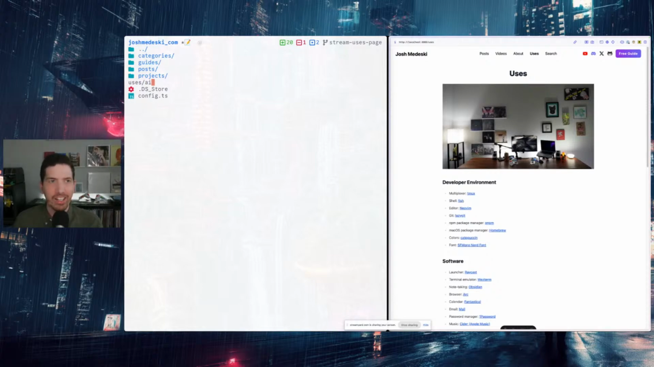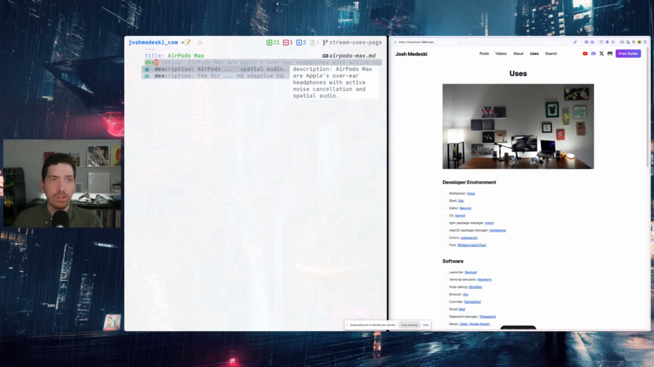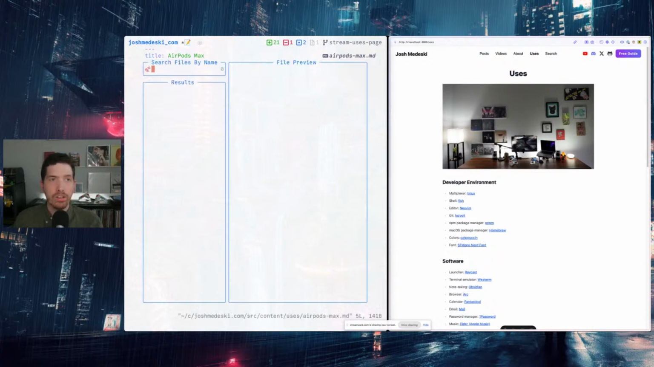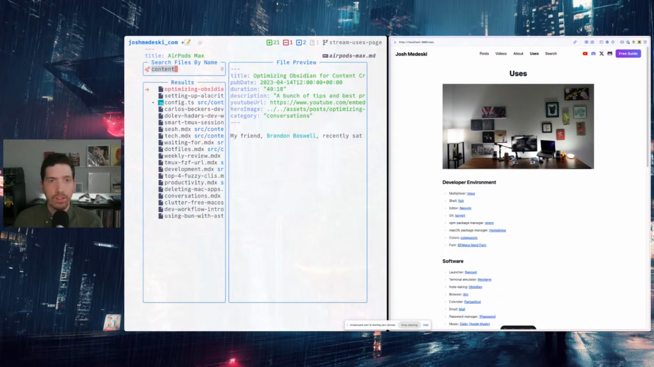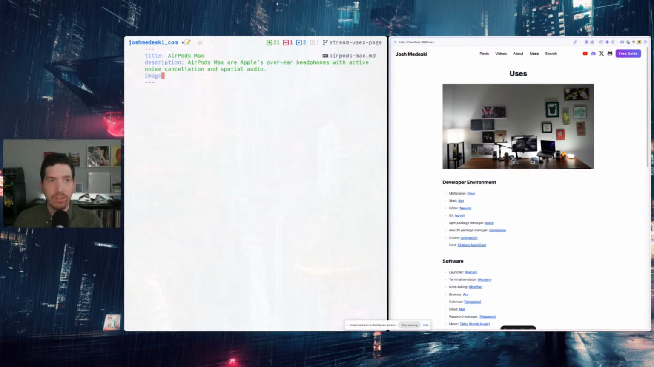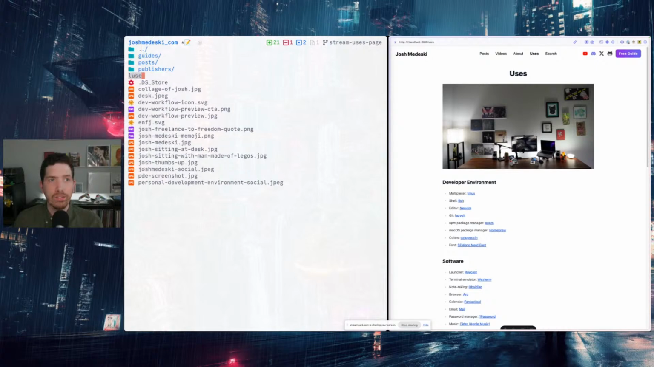All right, so let's start with like AirPods Max, right? MD. So we know that the title will be AirPods Max, the description, and then the image. So with content, I go up 2 directories into assets. Yeah. So we can assets, uses,